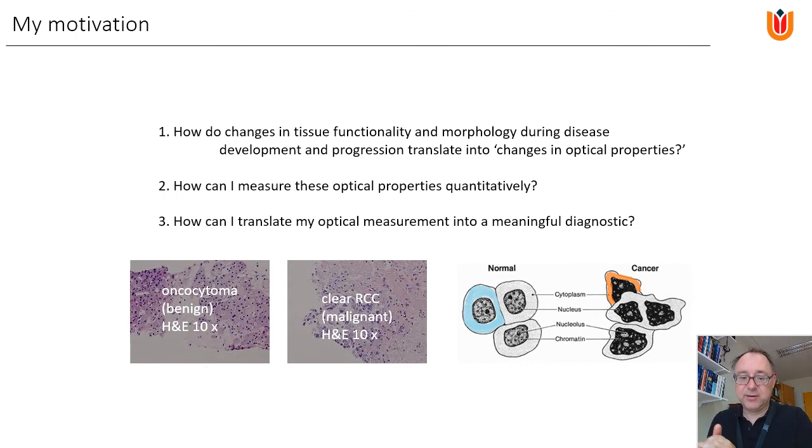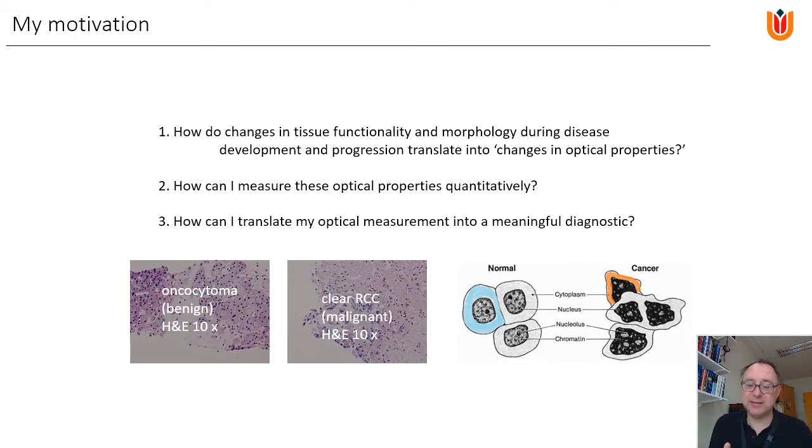Of course, we have some ideas. The cartoons underneath here illustrate the changes that cells undergo as cancer develops. So let's focus on the right-hand side first, where we have normal cells with normal nuclei and normal cytoplasms. If cancer develops, then the nuclei get more irregular, the cells themselves get more irregular, the ratio of nuclei and cytoplasm changes. So there is a lot of very small scale morphological change going on